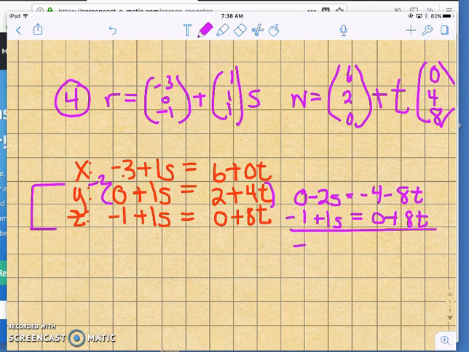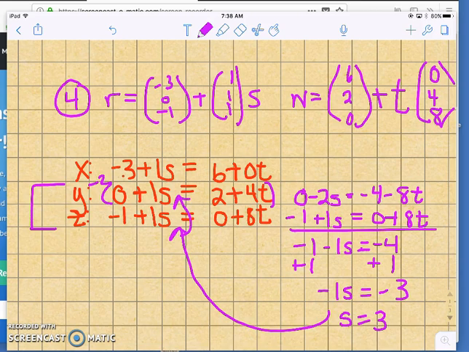So we add these. We have negative 1 minus 1s equals negative 4, plus... negative 1s equals negative 3. So s has to be positive 3. But then we have to plug it back in for all of our s's. So negative 3 plus 1 times 3, well, that's 0. 0 plus 1 times 3,